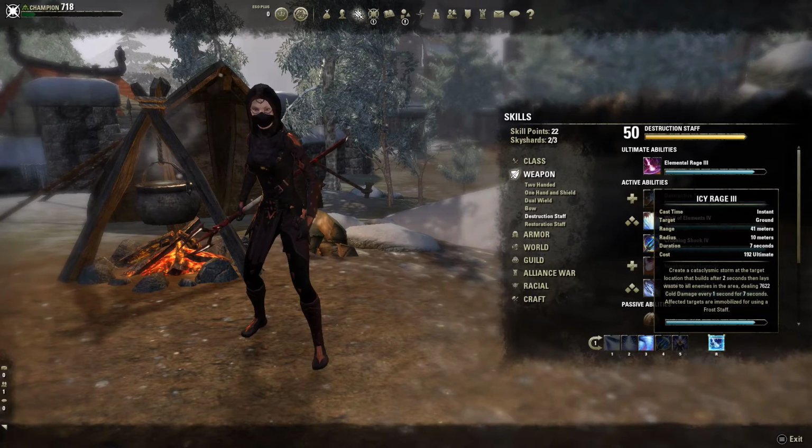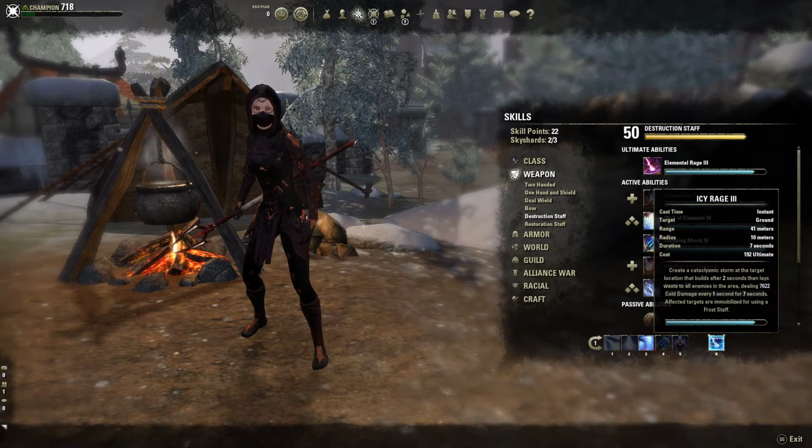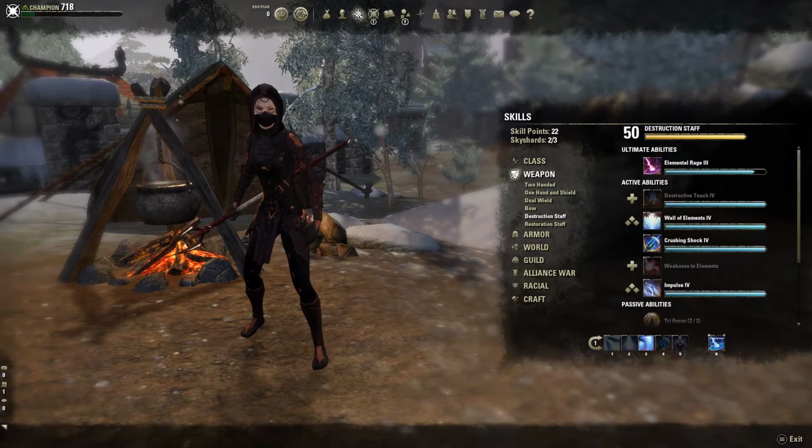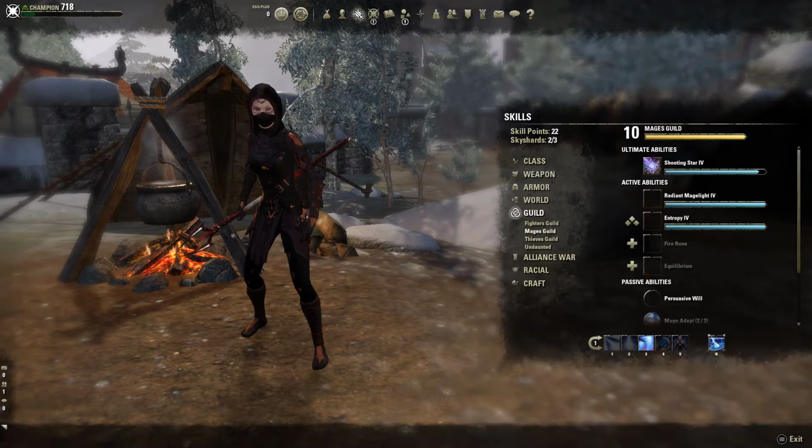It doesn't do that much damage, but I like it, and it's good to coordinate with other people who are using other skills. It's definitely good if you can get someone using a negate, and then you can use Icy Rage on them. So if I'm not using this skill, sometimes I use...